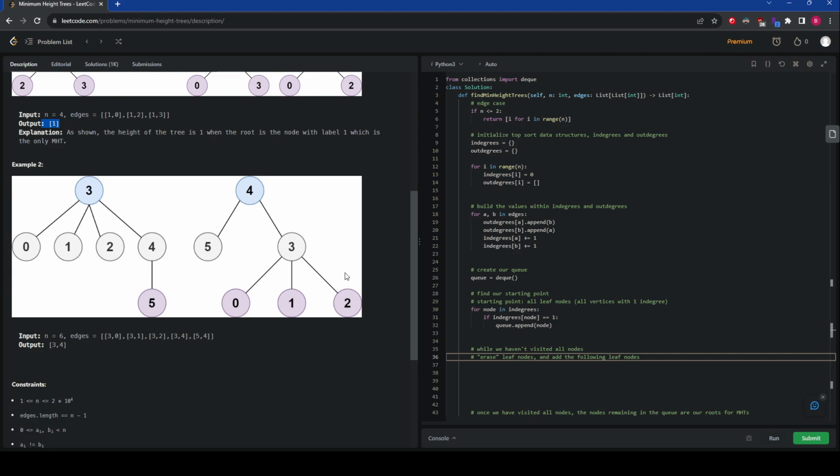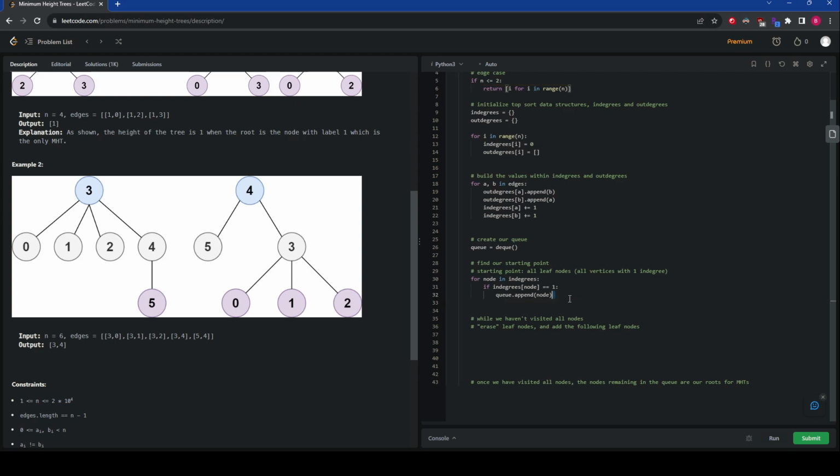So if you get rid of all the leaf nodes here, so you'd get rid of 5, 0, 1, 2, you're left with 4 and 3. And so you can just return that because this is the same thing as our edge case. So with 4 and 3, you can just return that. So we know that's our answer. But here also at 3, if we were to get rid of all of these, it would be 0, 1, 2, 5. Same thing here. And then you're back to 3 and 4. Right? So this is why we're doing this